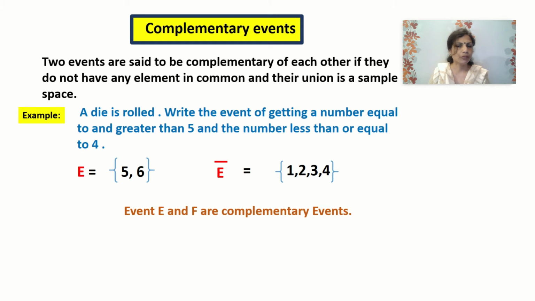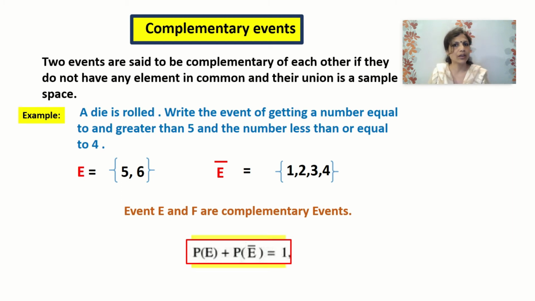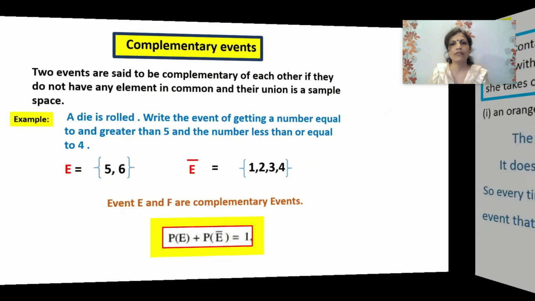And from this only we got the relation that the probability of an event E plus probability of complement of that event is always equal to 1. Or I'll read it like P of E plus P of not E will always be equal to 1, and this is one of the very important relations which you have to keep in mind. And with this revision, let's now move ahead to the next sum of exercise 15.1.